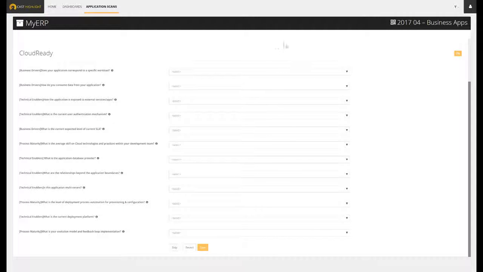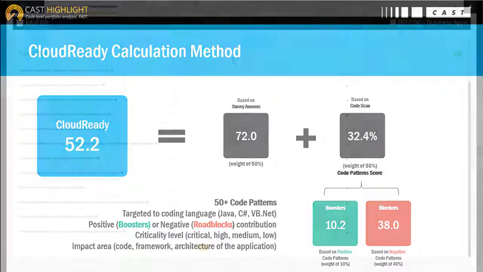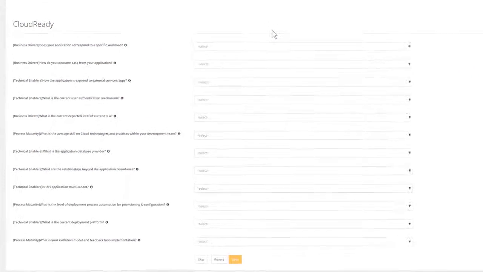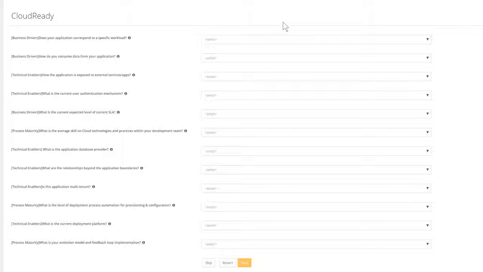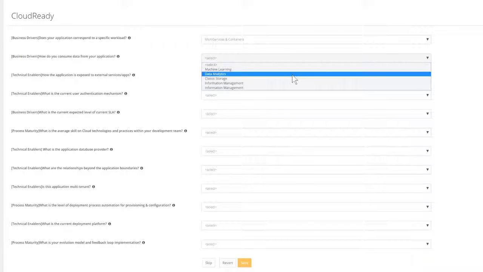The last section is dedicated to the cloud readiness assessment. As mentioned in two previous tutorials, the Cloud Ready Index is a combination of a survey and a CAD scan. The Cloud Survey section aims at capturing info that we cannot derive from the source code. The questions address several dimensions like the target cloud workload, the way to consume data, how the application is exposed